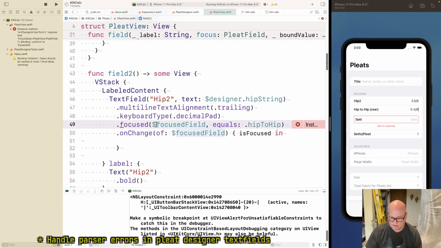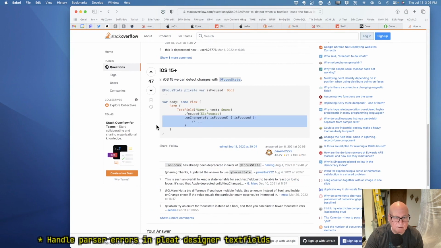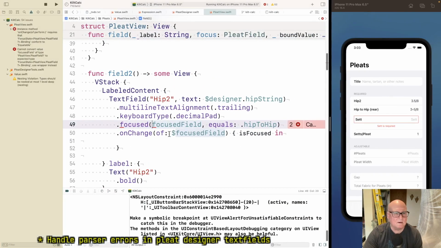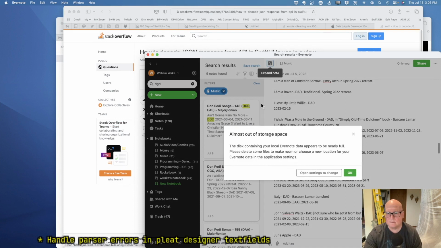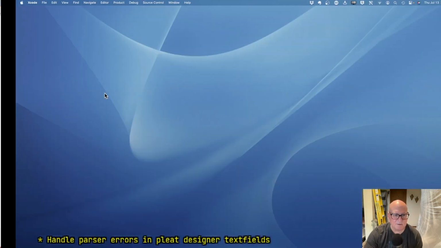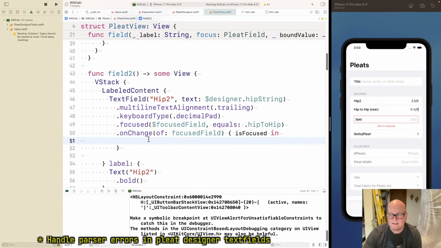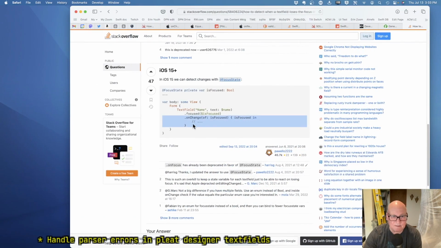I think maybe this is supposed to be focused field. Is that? Yeah. Of, whoops, wrong one. Of focused field is focused. Well, yeah, I'm not happy about that totally. Okay, I got too many unedited videos lying around. Okay, onChange of focused field. Yes, that's what we're after. Okay, is focused.